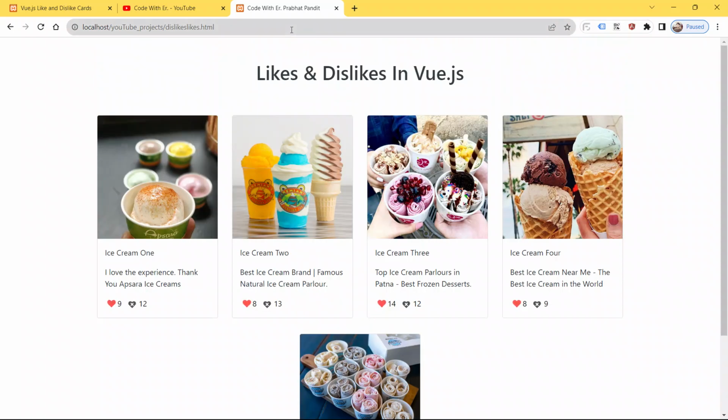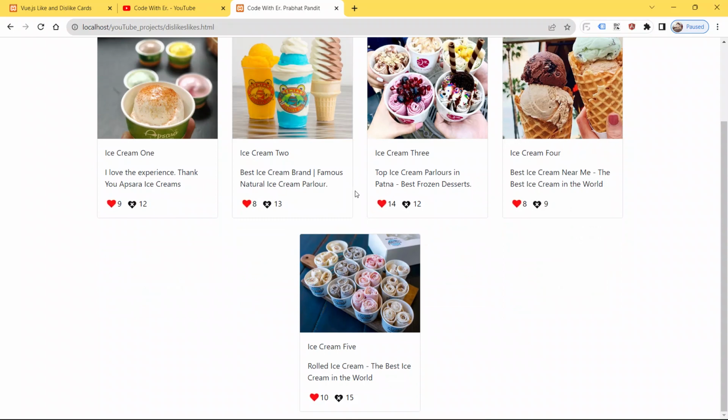Now refresh the page also. Our likes and dislikes count remains the same after the page refresh. So our code is working 100% and it is ready to be hosted or tested.